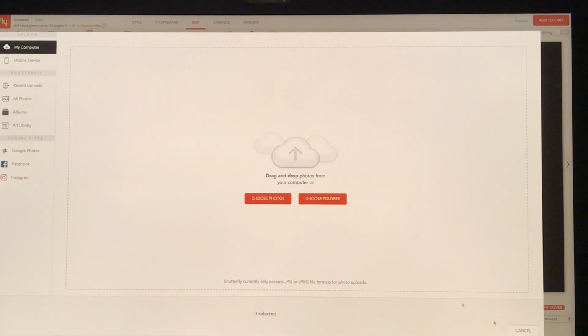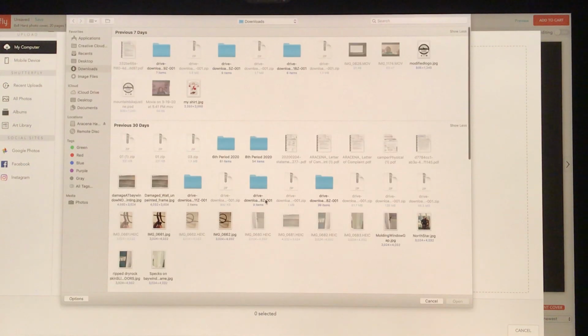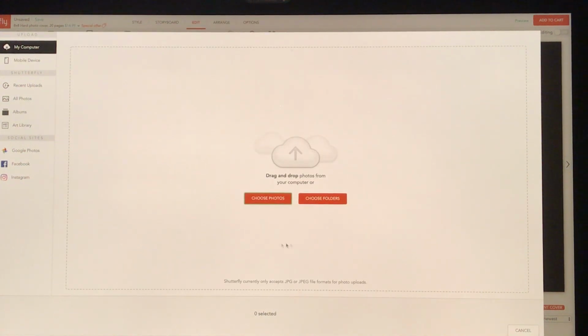All right, so you're going to click on choose photos. It'll take you to your computer, photos, and start selecting things from in here. So it'll start populating it in here,